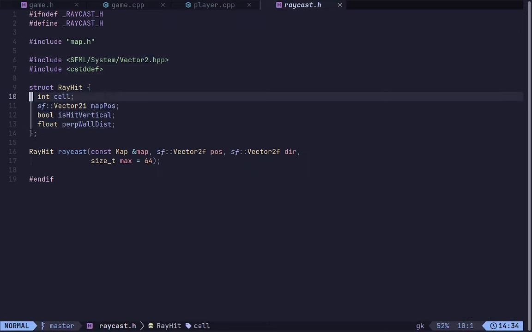Now this just has an integer cell here along with a vector 2i for the map position where it got hit, along with a bool representing whether the hit was vertical, and a perpendicular wall distance here. All of the stuff that we basically need for our raycast, we have got this here. And we have got this function called raycast, which takes a map, of course, and then the position and the direction of the ray, and then a maximum value, which is by default 64. This is the maximum number of cells that the ray can traverse, and in the end it just returns a